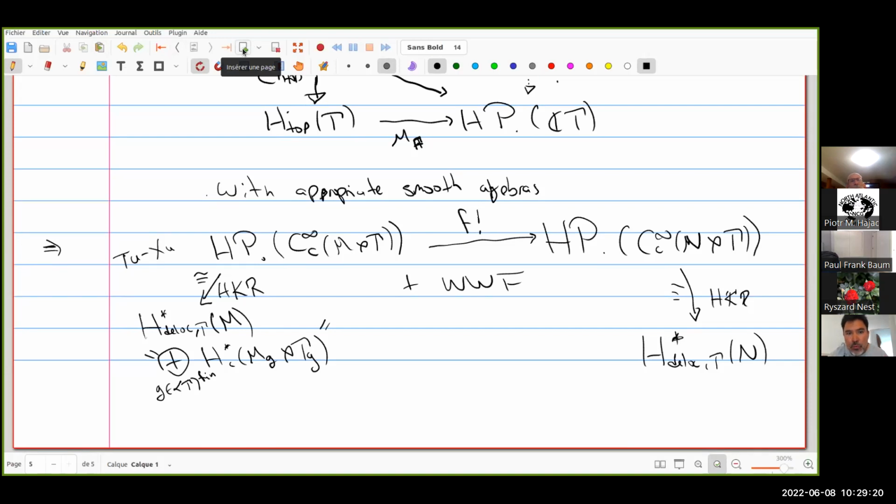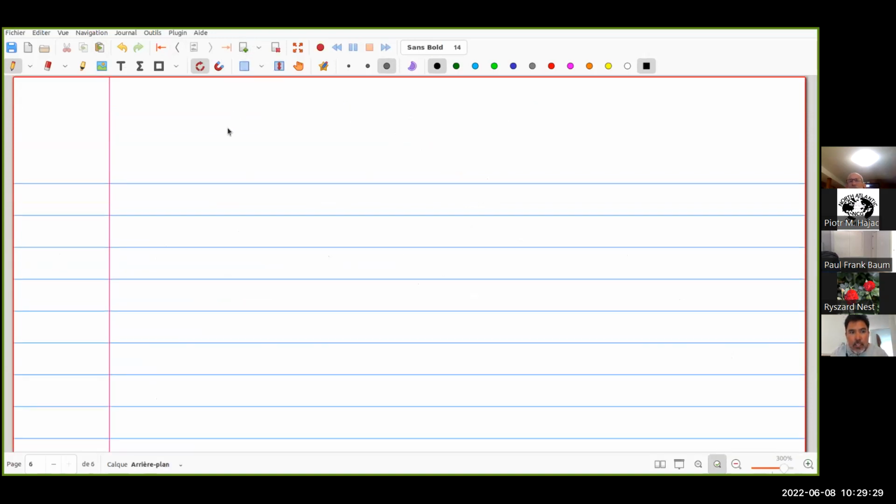So this is where you do really need this ingredient to define the Chern map and to show the functoriality. So this gives the wrong-way functoriality of the Chern maps in HP, and in the delocalized version